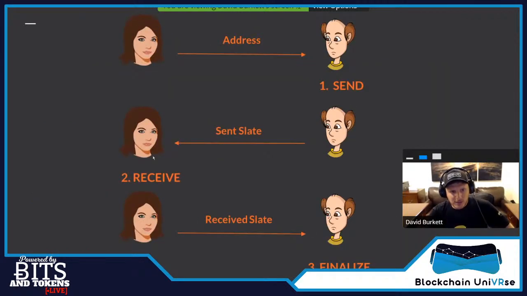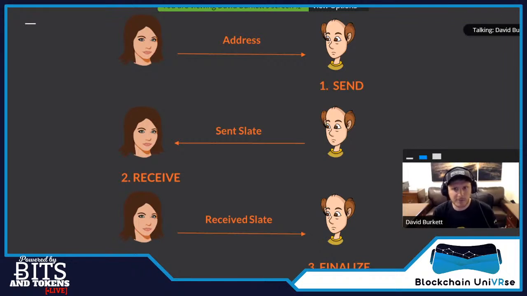So then she can give her signature and her output, then her coins that she wants to receive. She gives that back to Bob, who then finalizes it, which means he can then go and create his half of the signature, combine them together into the final signature that is then broadcast and ends up on chain.